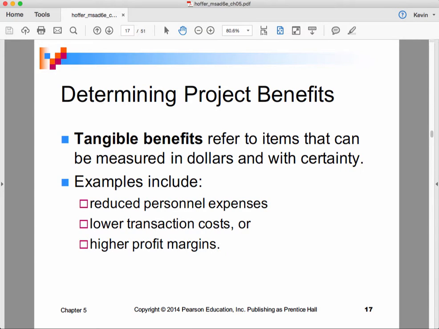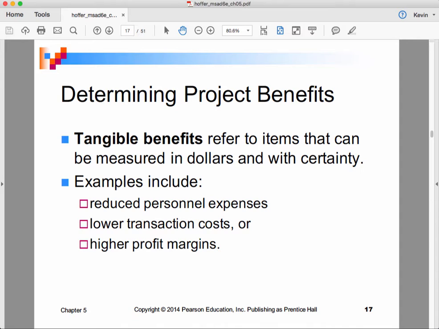Okay, when we're doing an economic analysis, one of the things that we look at are the benefits. And benefits can be broken down into tangible and intangible. So what are tangible benefits? Well, this refers to items that can be measured in dollars and with certainty. So examples of tangible benefits include reduced personnel expenses, lower transaction costs, or higher profit